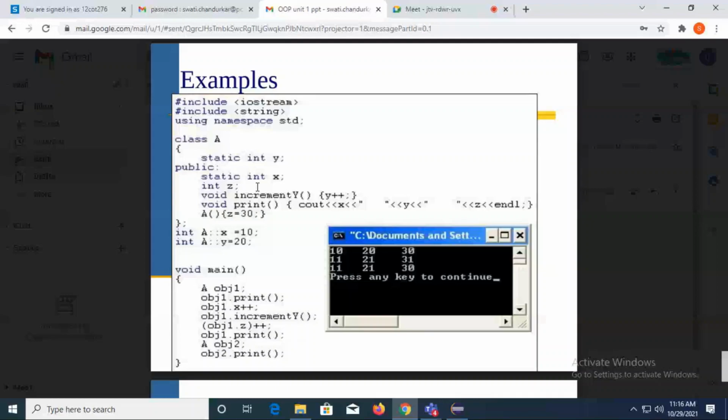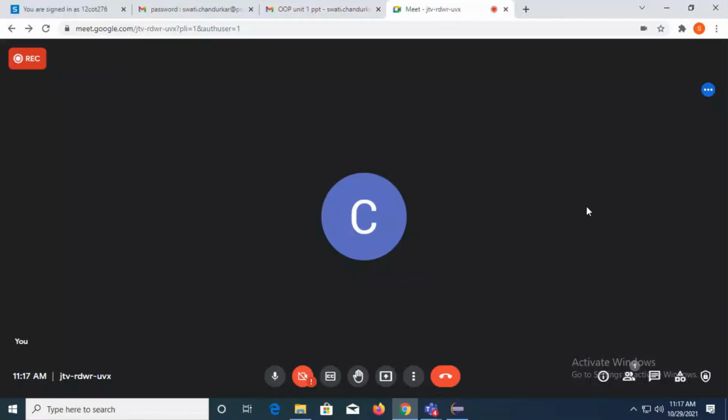Integer. So, if I wanted to define the value, how can I define? int A is the class name, scope resolution, name of my variable equals 20. You all can write this syntax in your copy first, and once you are done, just let me know.